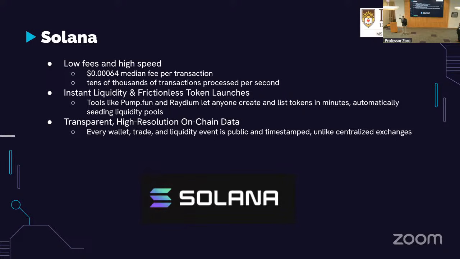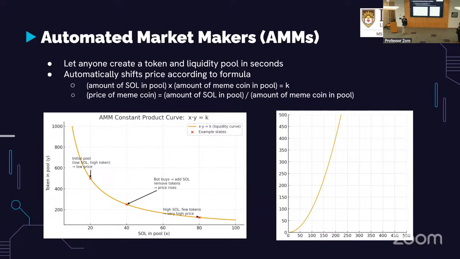And if you compare that to Ethereum at the time, Ethereum could only process 15 transactions per second, and with fees over 1,000 times greater than Solana at 30 cents on average per transaction. So yeah, what this means is that Solana is the perfect space to have a lot of transactions and to